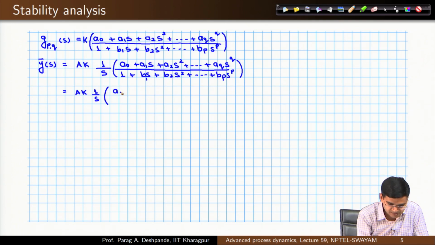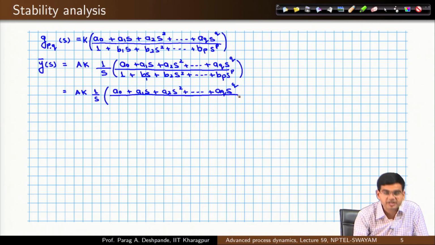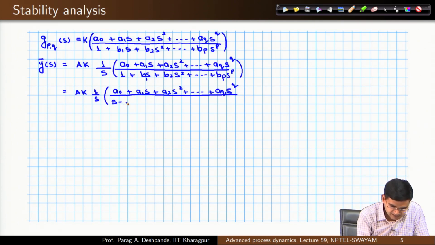So, the numerator is simply a 0 plus a 1 s plus a 2 s squared up to a q s to the power q, and I have factorized my denominator into p number of factors. So, let us say the factors are s minus r 1, s minus r 2 up to s minus r p,